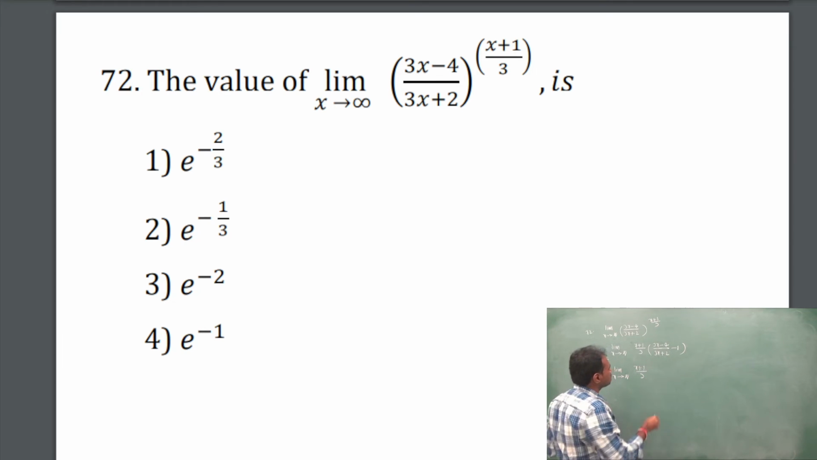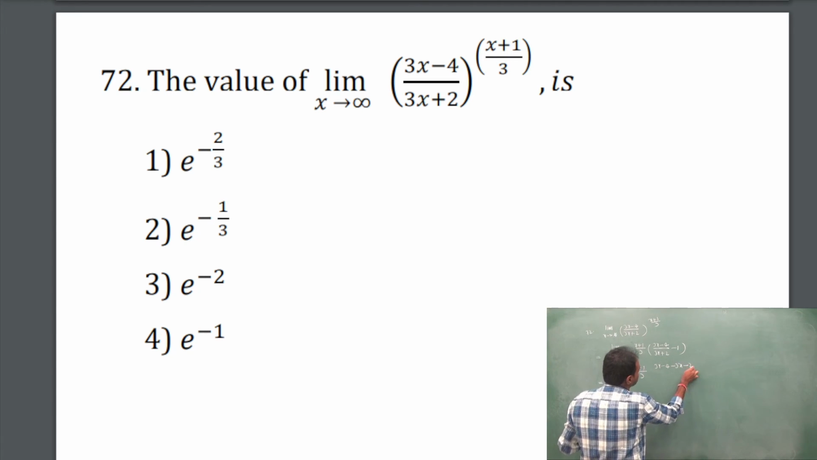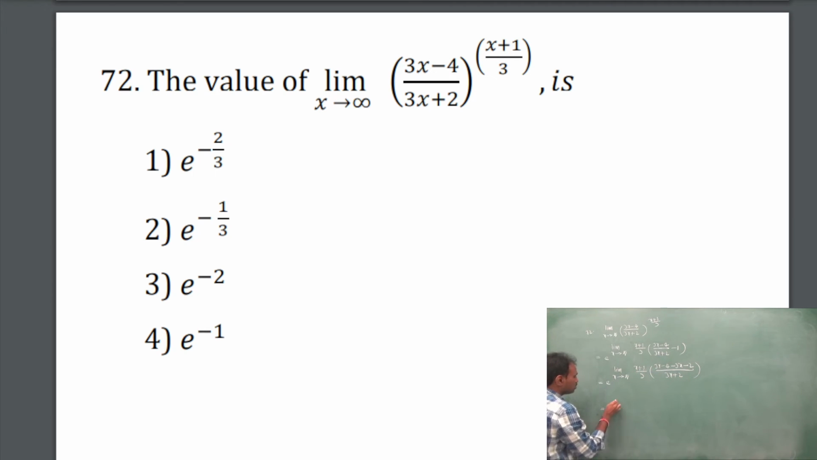Now take LCM: (3x − 4 − 3x − 2)/(3x + 2). It is equal to e power limit x tends to infinity, (x + 1)/3 into, here −3x and +3x will cancel, −4 − 2, that is −6, divided by 3x + 2. Therefore, it is equal to e power limit x tends to infinity, 3 2's, therefore −2 is constant, take outside, that is x + 1